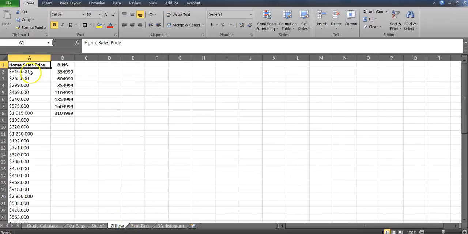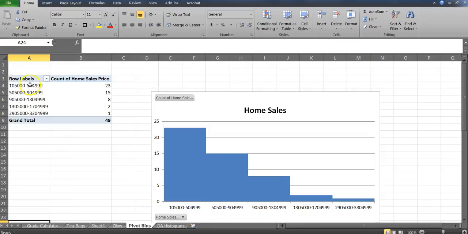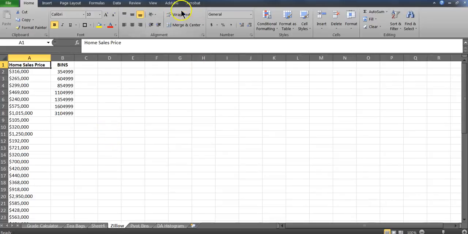is to take this data and see these bins here. You can use that frequency function to kind of guess where the bins were, but you kind of have to do it first ahead of time. And these numbers here are going to correspond to just the end range. So if I took just 504.99, 904.99, 1304.999, and so on and so forth, and made those the quote-unquote bins, I can then use, we're going to